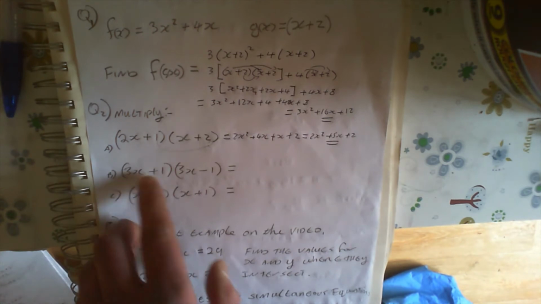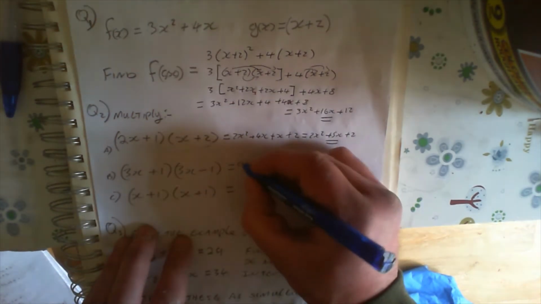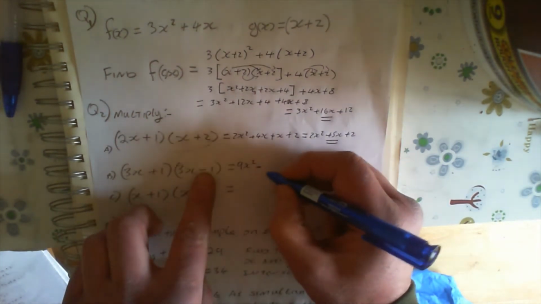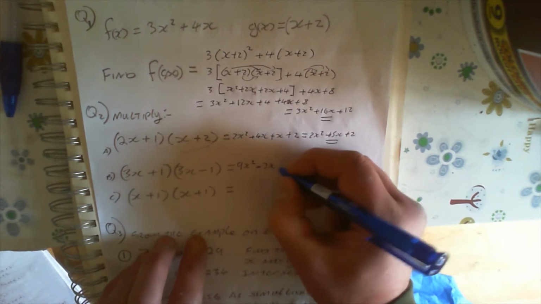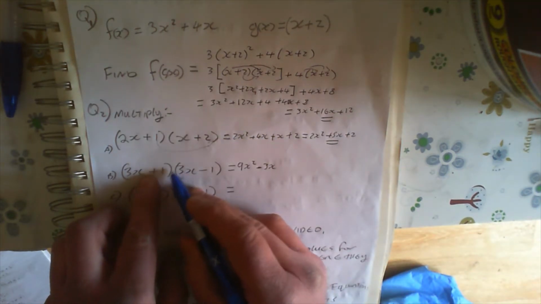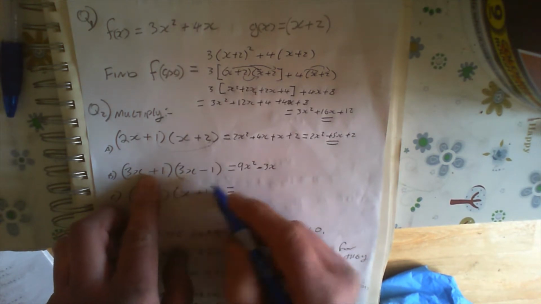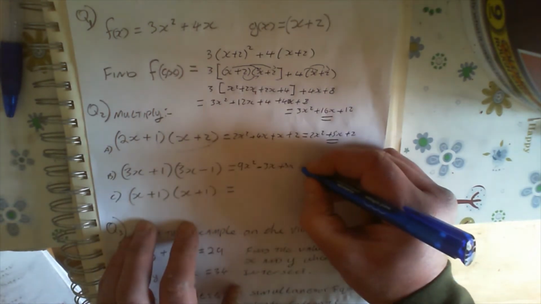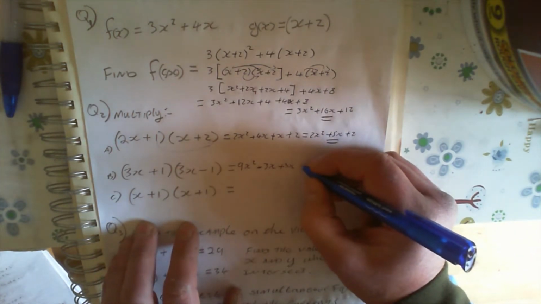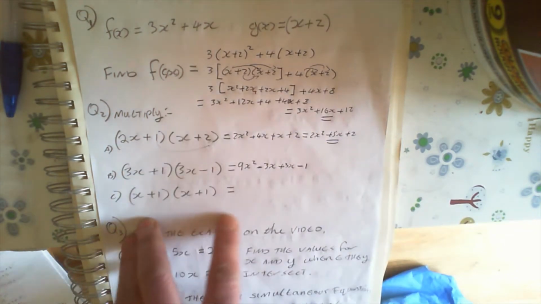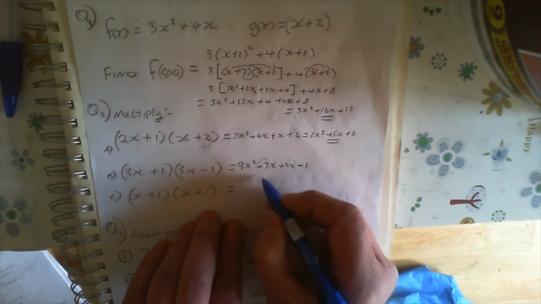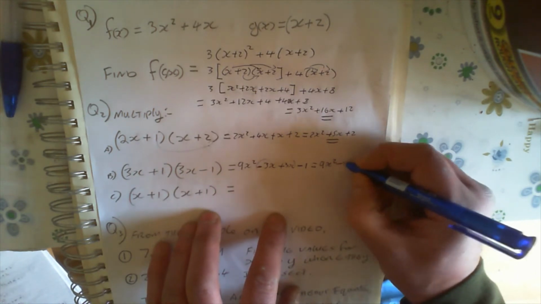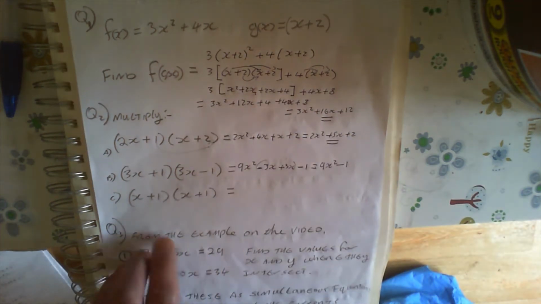This one here, 3x times 3x, that's going to be 9x squared, minus, because that's a negative, minus 3x times 1, which is 3x, plus 3x, 1 times 3x, and it's a plus here, so that's plus 3x, and 1 times minus 1. Remember, a negative multiplied by a positive is a negative, and 1 times 1 is 1. And we'll find that they'll cancel each other out. Minus 3x plus 3x, so that's going to equal 9x squared minus 1. Hope you can see that. Now this one here,